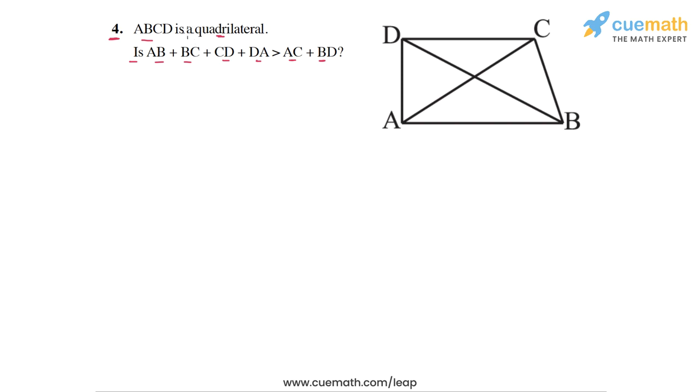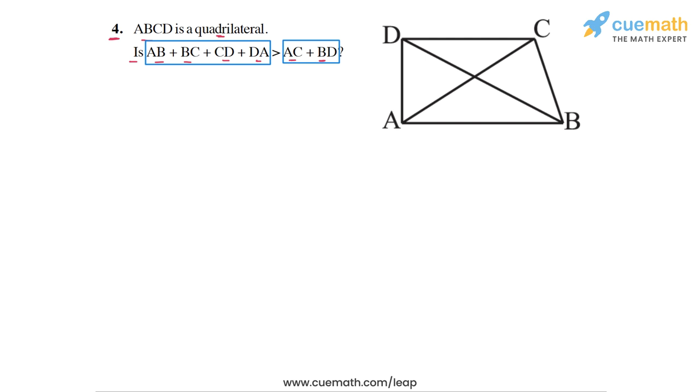And if we look at this inequality, the sum on the left side, AB plus BC plus CD plus DA, is the sum of the four sides of the quadrilateral. And the sum on the right side, AC plus BD, is the sum of the two diagonals. So we have to basically answer whether the sum of the four sides of a quadrilateral is greater than the